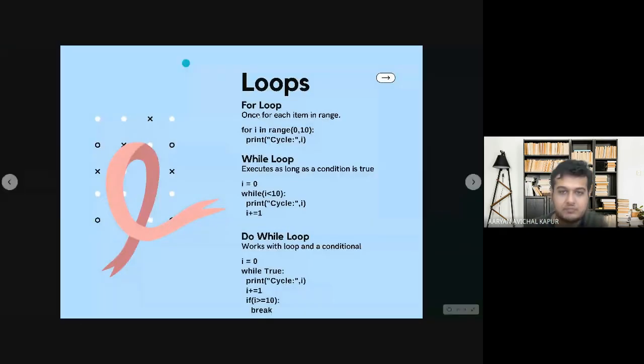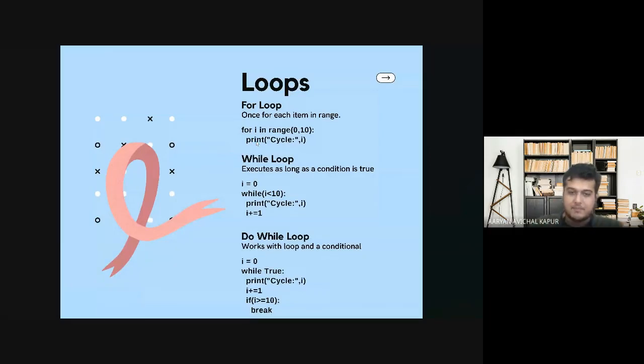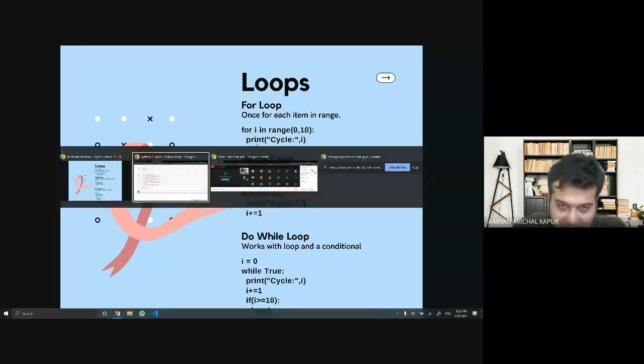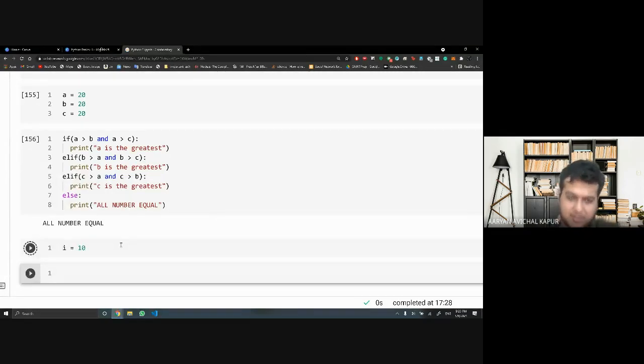Wonderful. Now we'll just look into loops very briefly and then move to sort of a hands-on time, and see how loops actually work. So say you can work with conditionals, right? I'll just write a small conditional here. Let's say I make I equal to 10. This is just a variable, and of course it doesn't matter what the variable's value is.